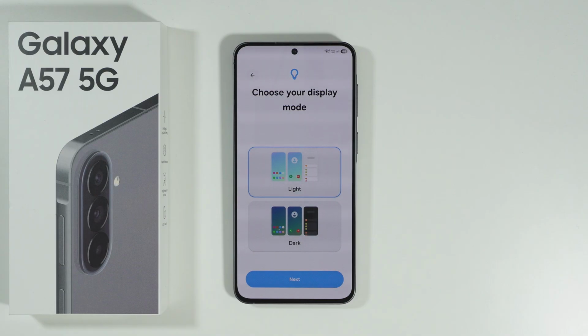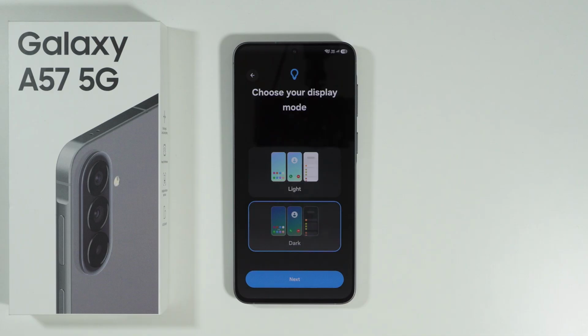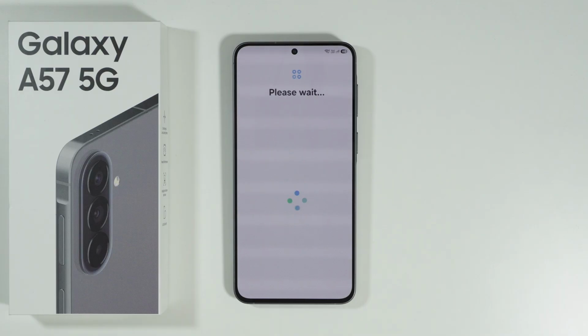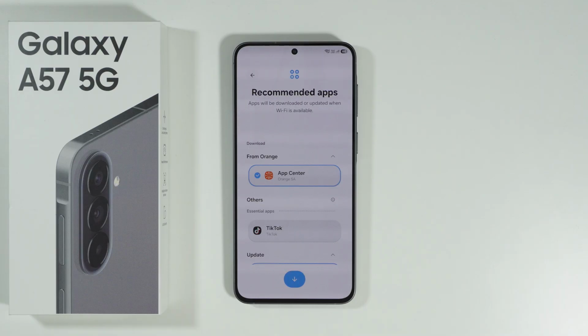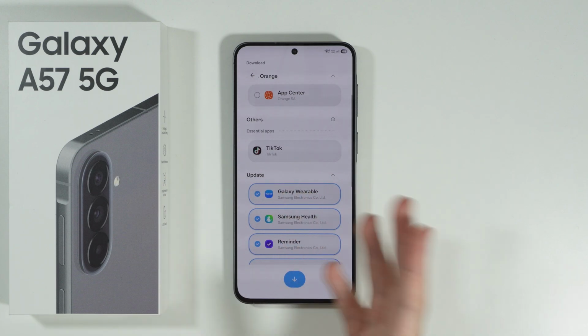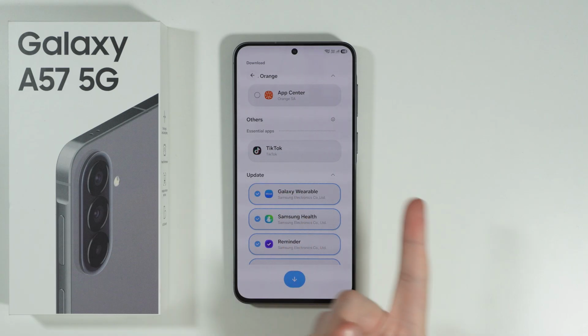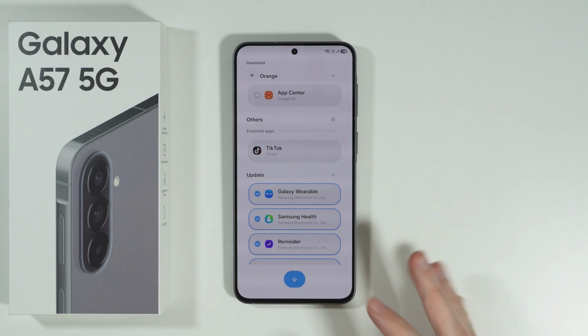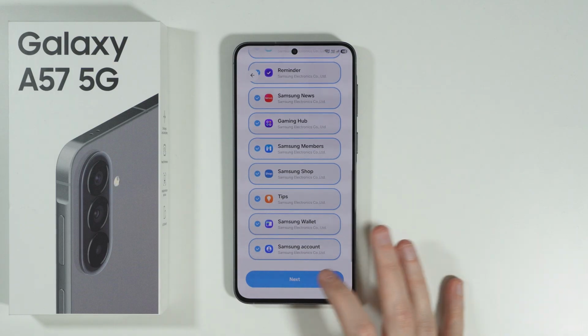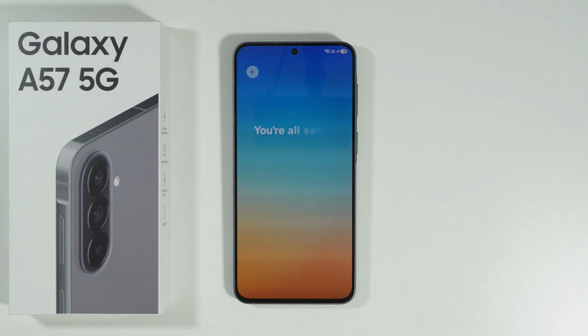Then we have the option to choose if you want to use the light mode or the dark mode. In my case, I'm gonna stick with the light mode, and I'm gonna proceed. And now we need to wait again. You might see some recommended apps, and in some cases you can uncheck them, so they won't be installed. In some cases, unfortunately, you cannot really uncheck them, and they are going to be installed. And here we have some update options as well, so since it is an update, I'm just gonna leave it. I want to make sure that my apps are running the latest versions, and we are all set up. We can now tap on home, and